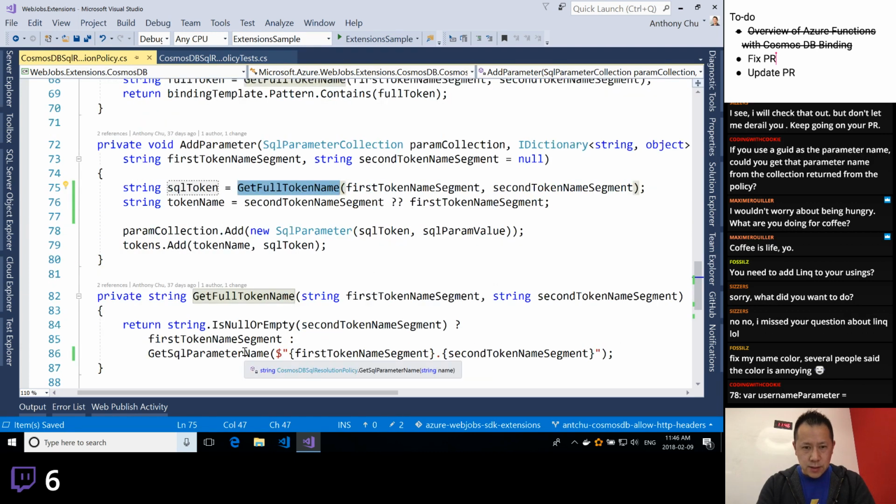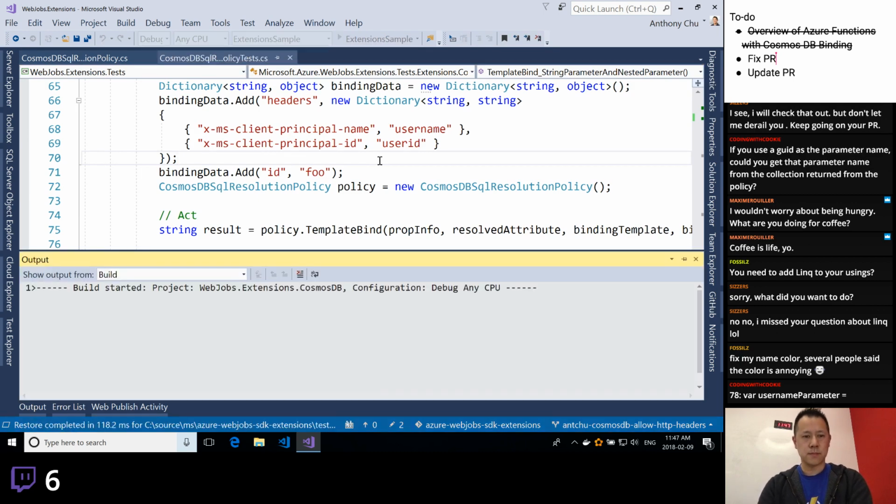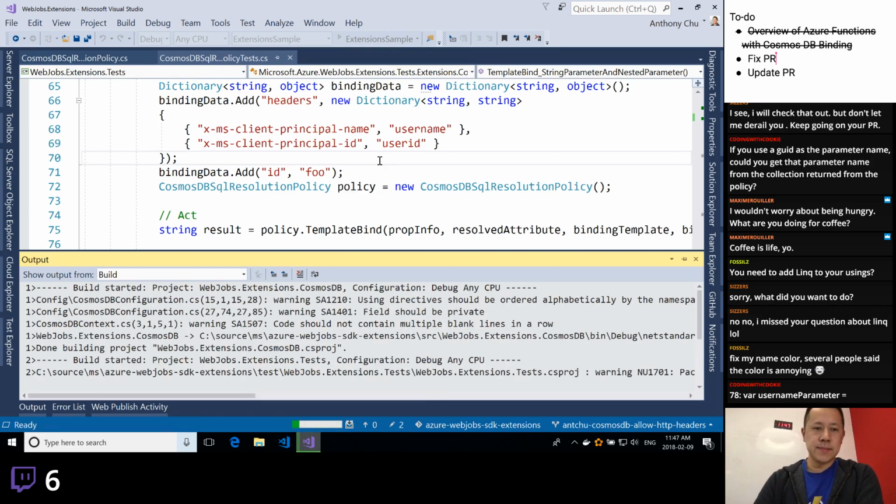So in here now, we're actually going to do the escaping if we need to. So again, I have no idea what I've just done there, but it doesn't matter. I'm just going to run the test. Control, what did I say it was? I think it was Control R, Control T. We're doing a build again, and